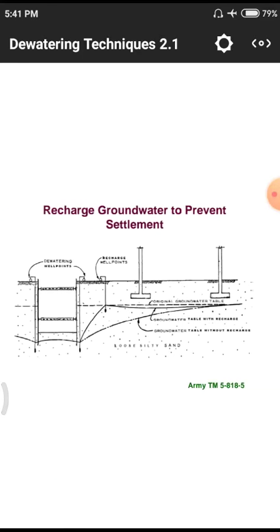Next one, this is the recharge of groundwater to prevent settlement. Normally for heavy structures or normal structures, the groundwater is at a very deep level, that means 30 feet or 40 feet normally. For drought-condition areas we have to dig wells up to 100 meters or 200 meters, particularly in areas with huge water scarcity, so structures have to be built with a normal foundation. Why? Because we have a drought area, that means low water content.